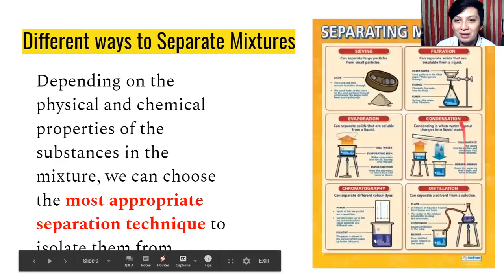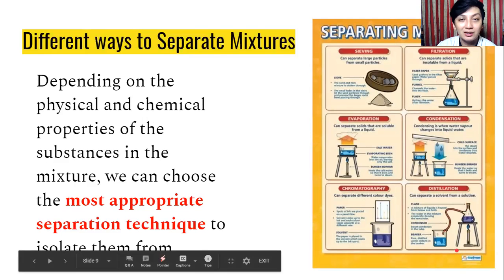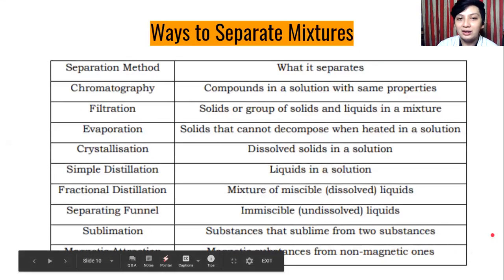Okay, so these are some examples. We have sieving, filtration, evaporation, condensation, chromatography, and distillation. But this is just some examples. We have here the different ways to separate mixtures, and to collate all of them, pagsasama-samahin natin sila ngayon